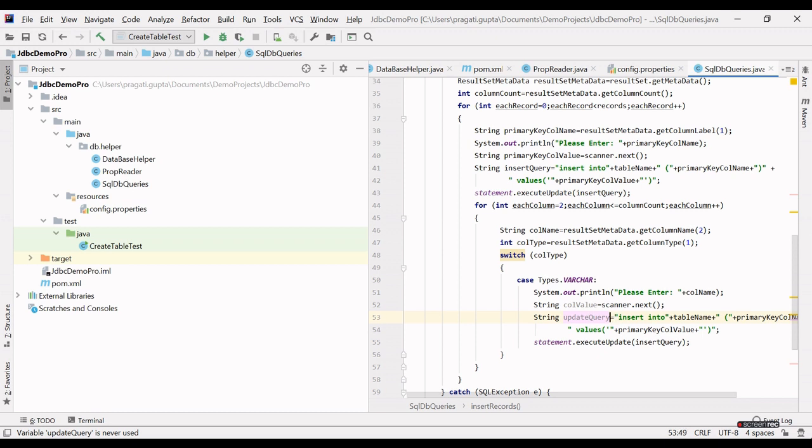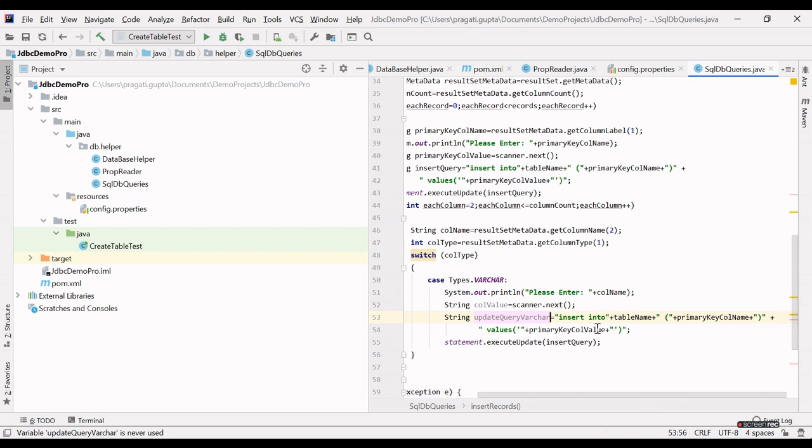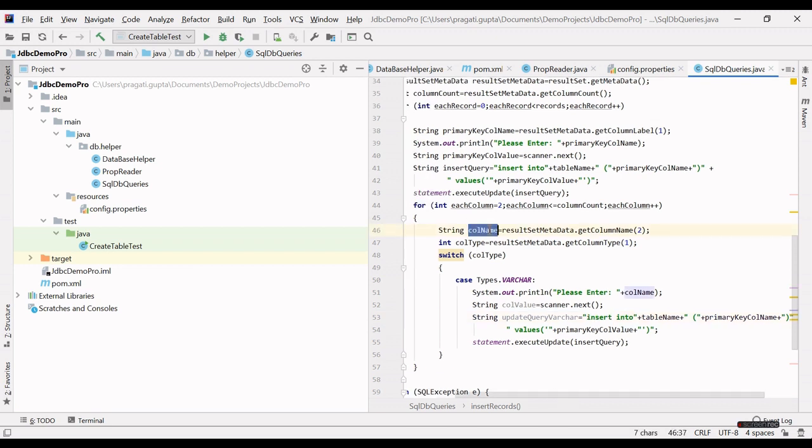Update query with varchar, and where, here this time we will not insert the value. Now we will set the value for this column name.